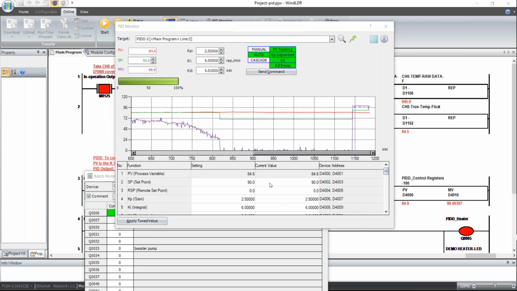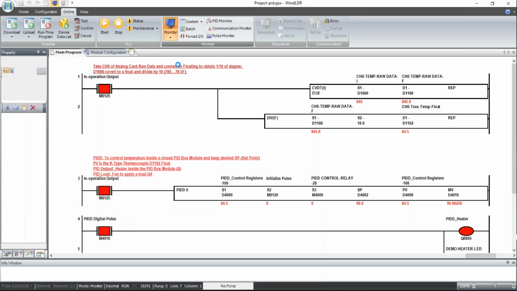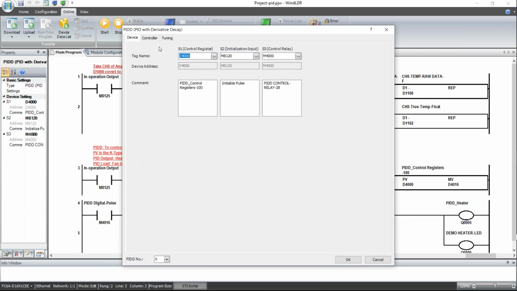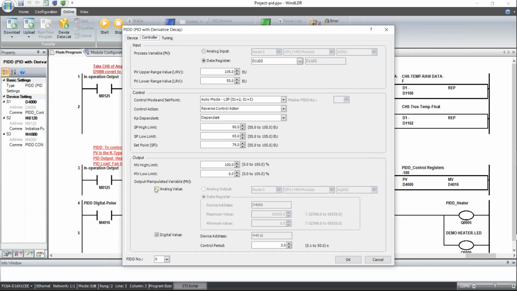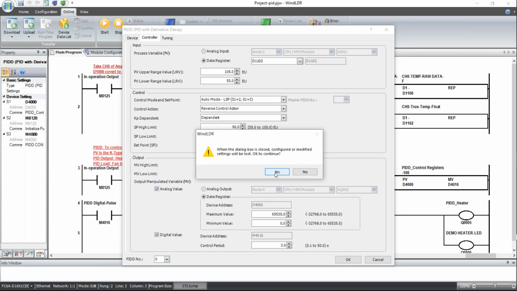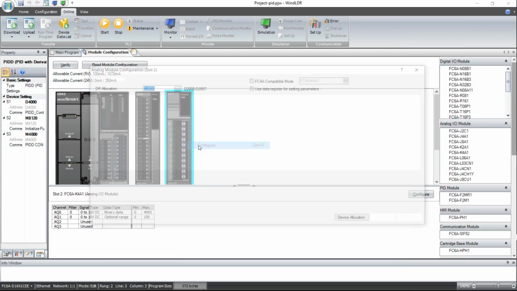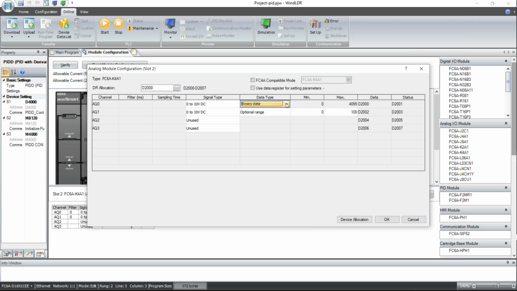If you have a VFD, then you simply, let me exit out of here. If you have a VFD speed drive, you don't want to use digital, you want to use analog and load the register into your 4-20. So basically, if you want to read 100%, if your analog card is 0 to 60, let me show you this. If you have an analog output card, like what you see here, let me show you this to answer this question. Well, this analog output card is 0 to